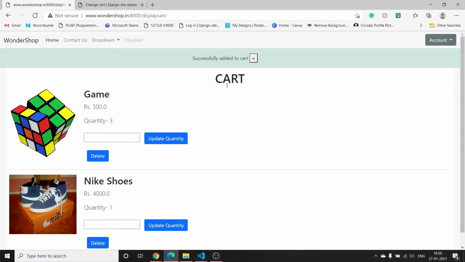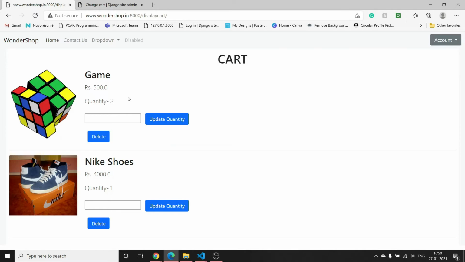Now suppose you want to update a record field, like the quantity. How to update it? Suppose I enter 2 and click on the update quantity button, then it will update my quantity to 2. And if I enter 10 and click on this button, my quantity will be updated to 10. How can this functionality be added? You can just implement a function based view here, but to show the functionality of the update view provided by Django, I have used UpdateView here, though it is more complex for this type of simple situation.